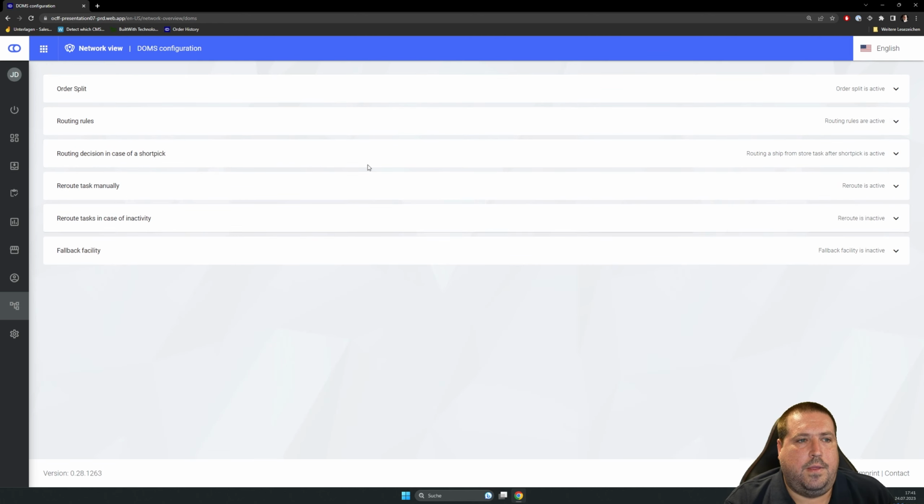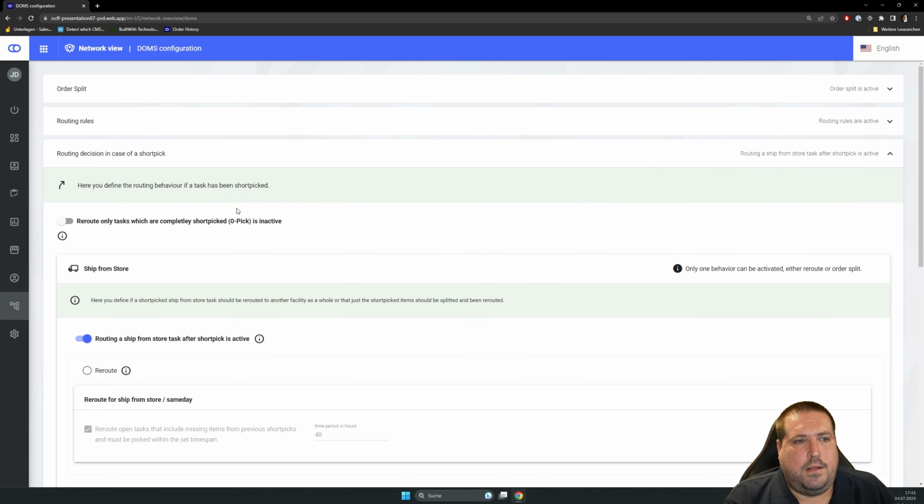And yeah, after the routing is before the routing. There could be decisions made that are wrong, or we see that it's not working as we expected when we made the first decision. So parameters change all the time. We get new data. You see that here, for example, there is the routing decision in case of a short pick. Short pick means we have allocated this